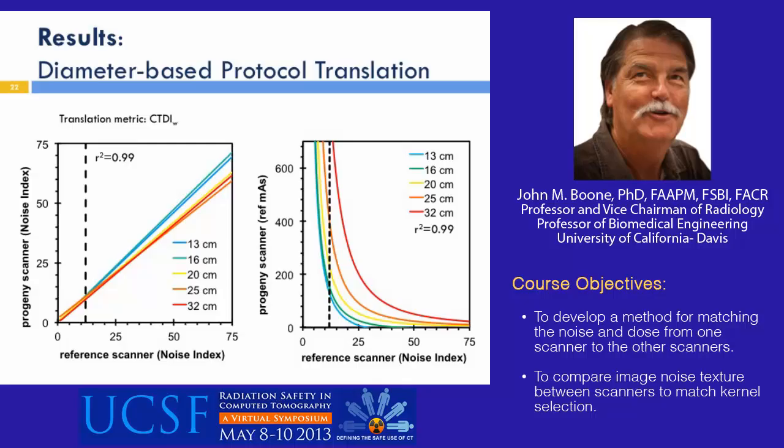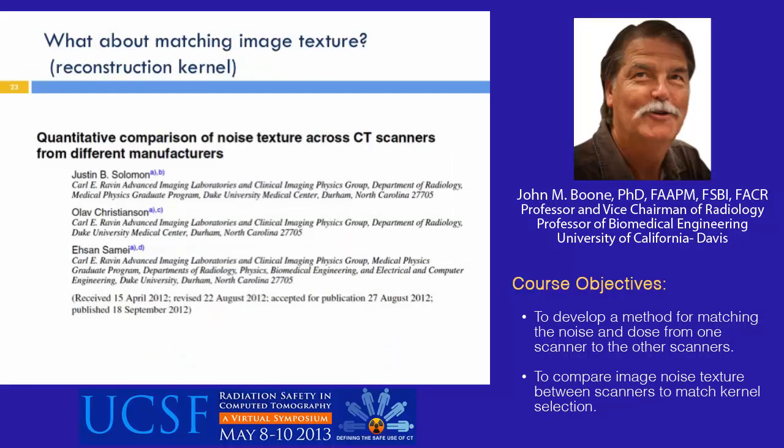And you can see there are some slight deviations that you observe here, especially on the right curve, and that's perhaps not surprising. And so this may suggest that a more robust protocol matching scheme would take into consideration the diameter of the patient, or the overall size of the patient, as well as the reference scanner noise index in this case. So I wanted to change themes here, and we've been talking about essentially matching overall noise levels, but